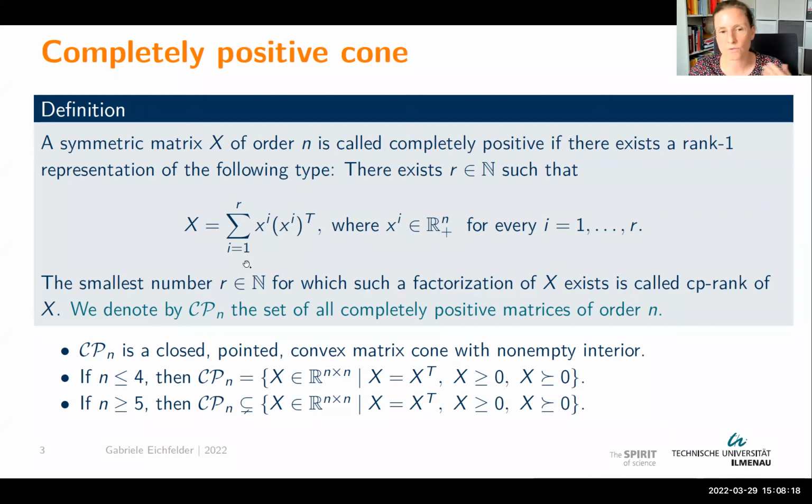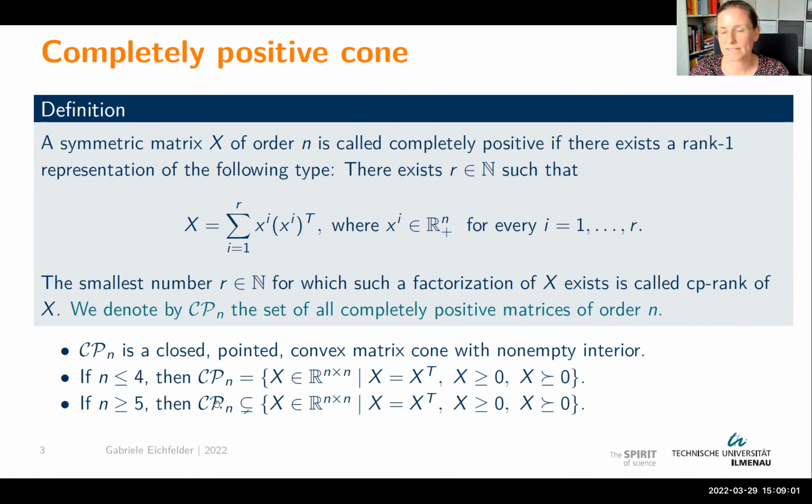And if you now take the union of all those matrices, you will see that it's a cone, and it's called the cone of completely positive matrices. It has a lot of nice properties. It's a closed, pointed, convex cone, so it defines a partial ordering in your space of symmetric matrices. And as long as you're in small dimensions, you can handle it very easily, because these are those symmetric matrices which are component-wise non-negative and positive semi-definite. So these two properties describe exactly your cone of completely positive matrices as long as n is less or equal to 4. As soon as n is strictly larger than 4, you only have that this is a strict subset.